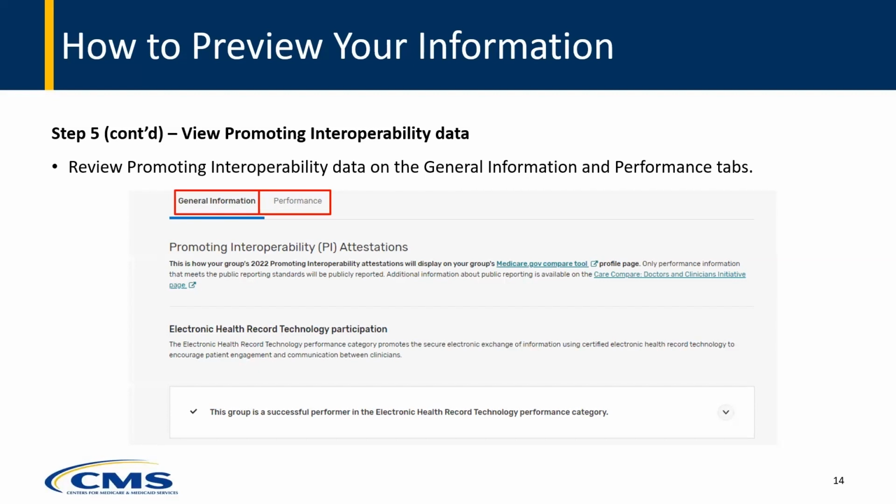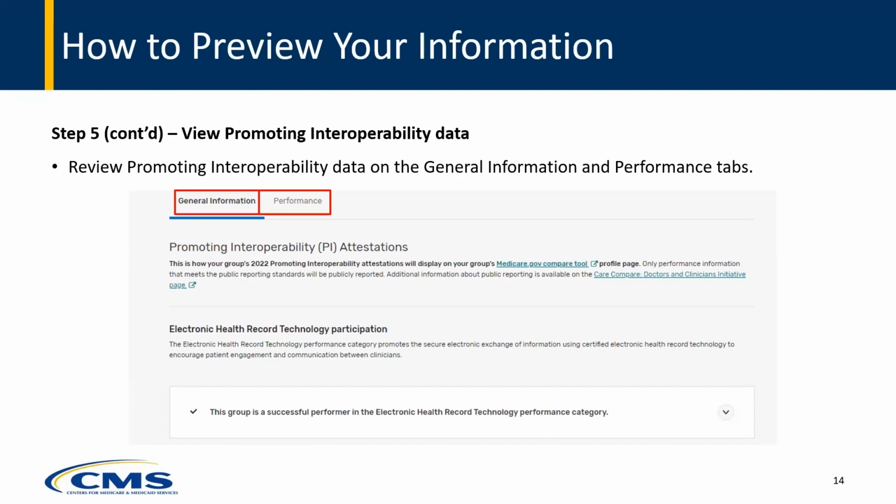These attestations are shown as green check marks. There will also be an indicator if you or your group attested negatively to one or more of the Prevention of Information Blocking attestations. The information blocking indicator is a yellow caution symbol.